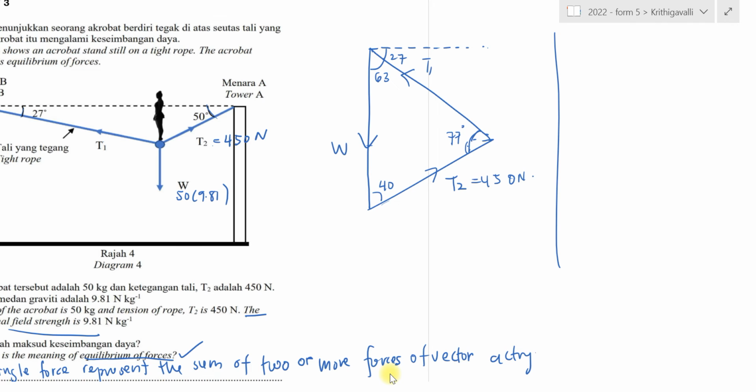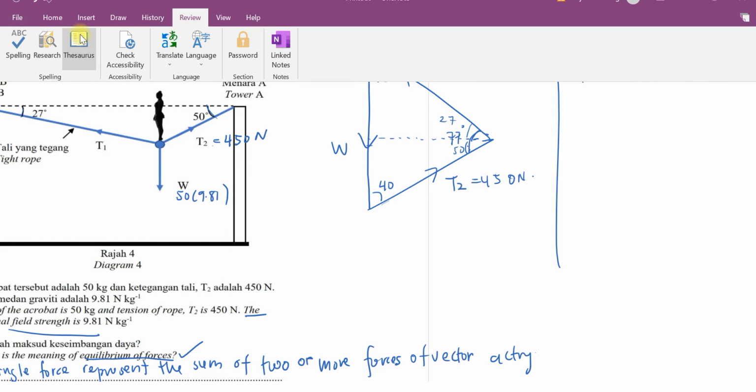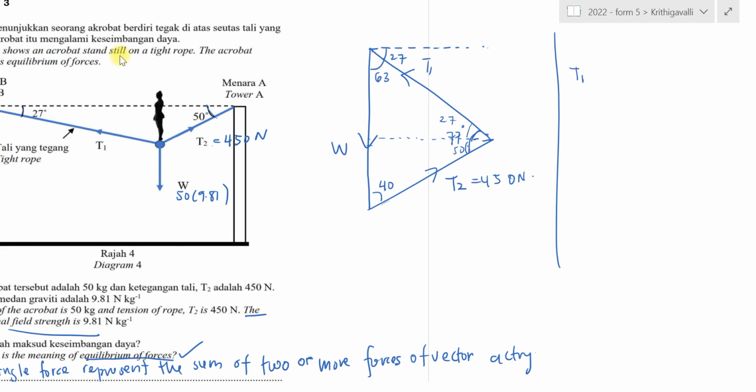So T1, okay, just now here was how much? 27, right? Here was 50, right? So this T1, okay, now after you draw already, now you see this T1 sine 27, I will get the